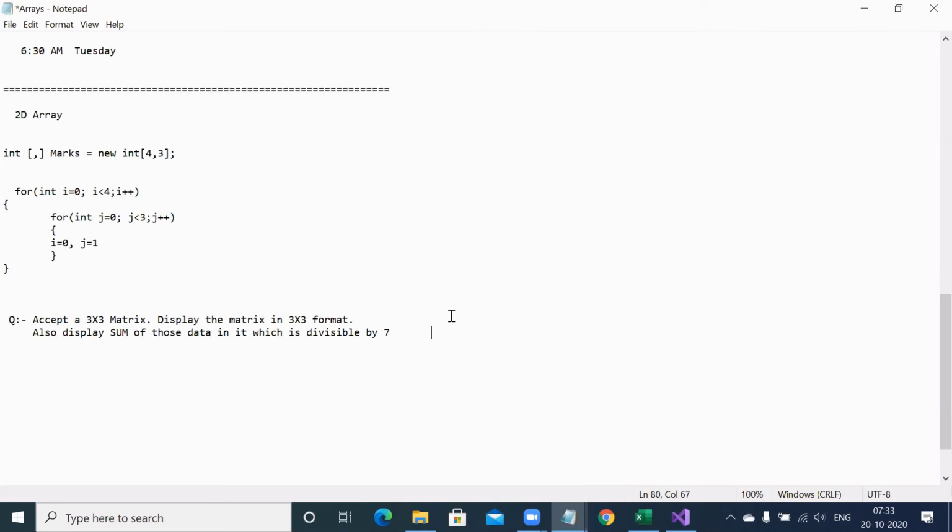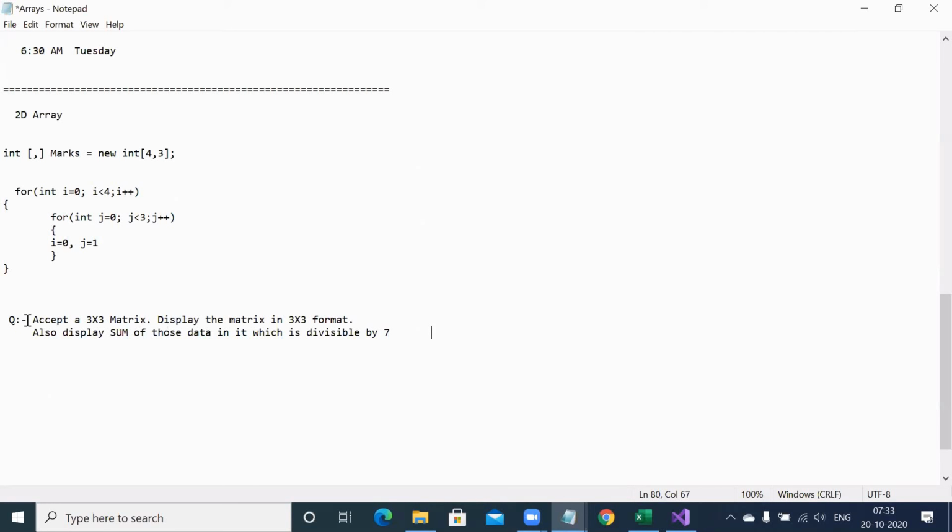We have more scenarios, some complicated manipulations on array, what array cannot do and collection can do, that also we will see in future. But for today, whatever we covered, I think this is the level you can try. Okay.